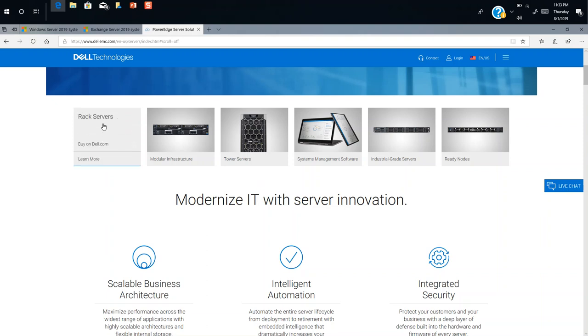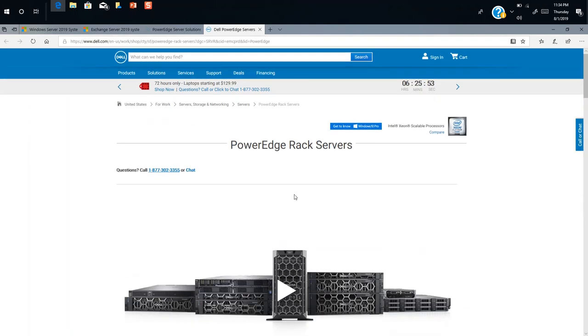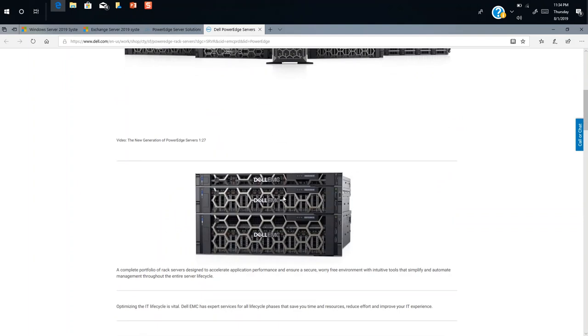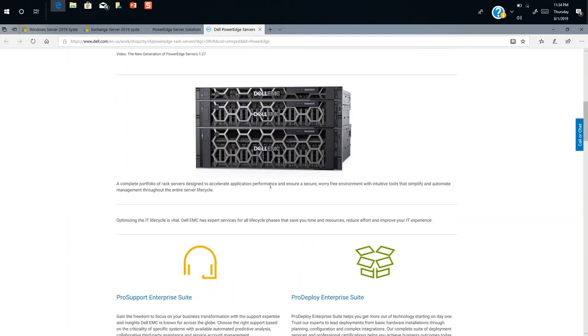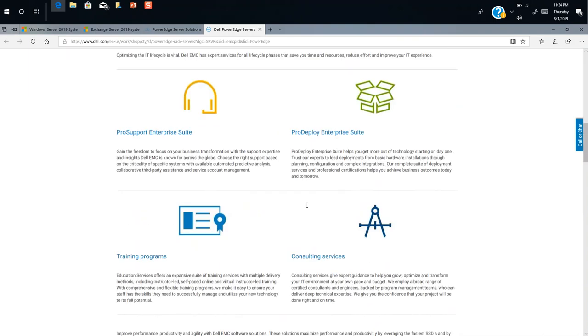So let's look at the rack, because a lot of offices actually use racks. Once I click there, you can see that these are real servers that you will see in real life. So this is the real picture. You can see PowerEdge rack servers, and then when I scroll down,